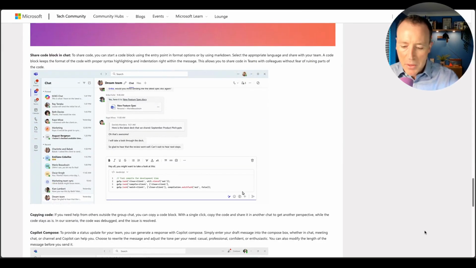It's a strange blog post, if I'm honest. I don't quite understand where it's trying to land, but I'm glad it's out there because there are some good ideas in there. So if you're a developer and you feel like you could be using Microsoft Teams and Copilot more effectively, or actually if you're thinking I don't use Copilot and Copilot is not for me because I'm a developer, I would suggest that's not right.